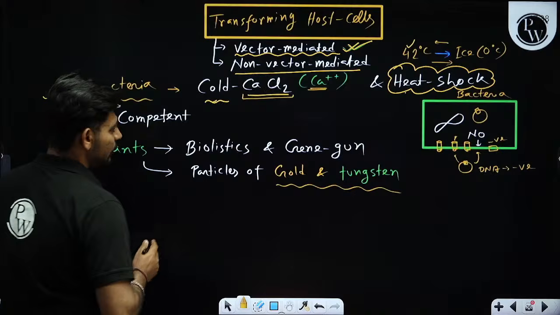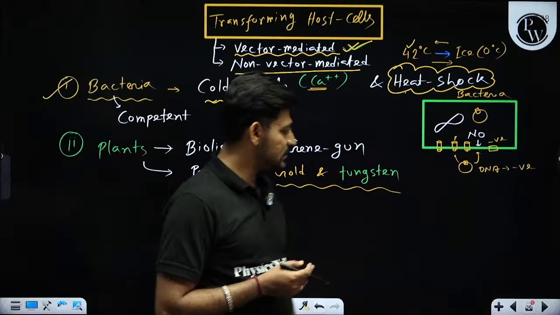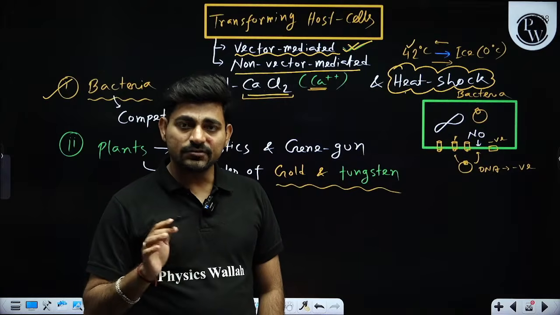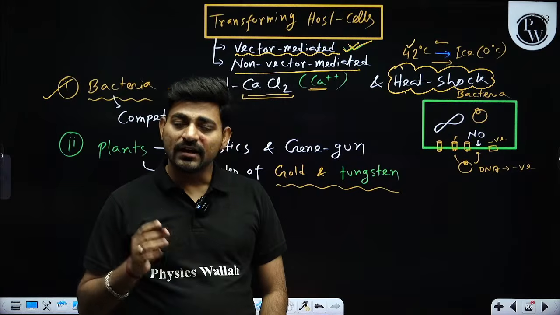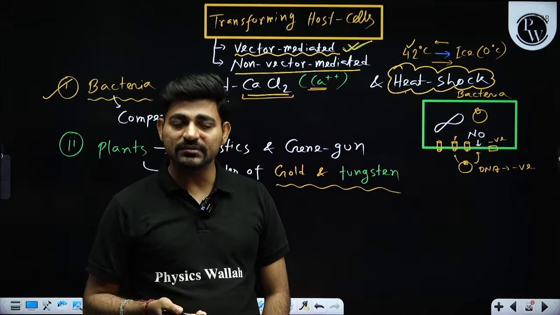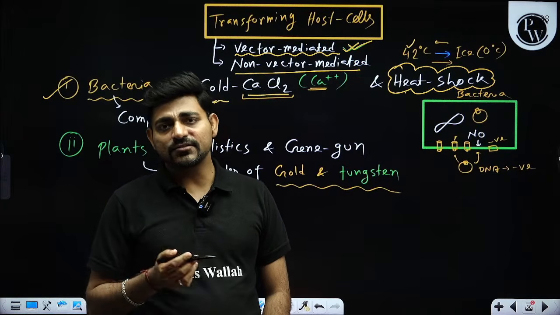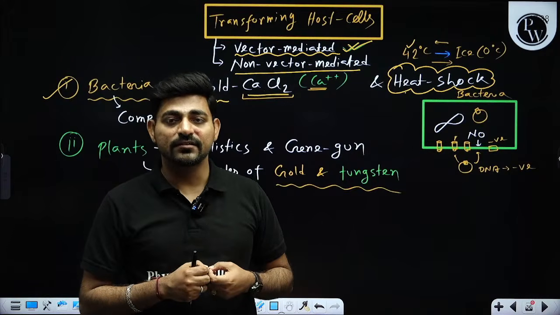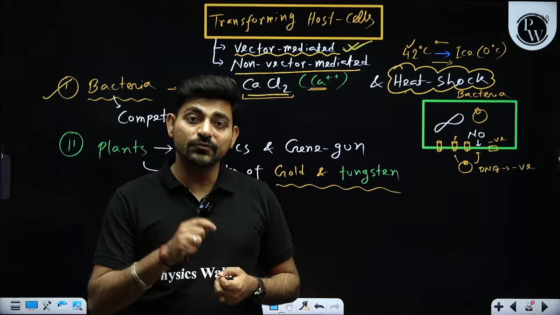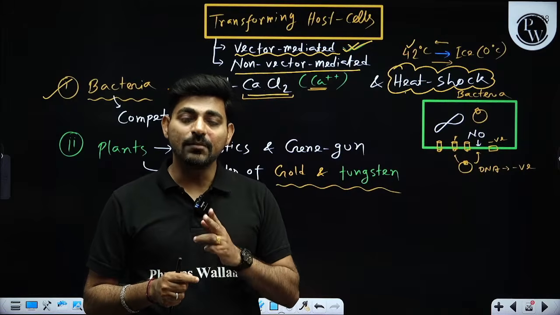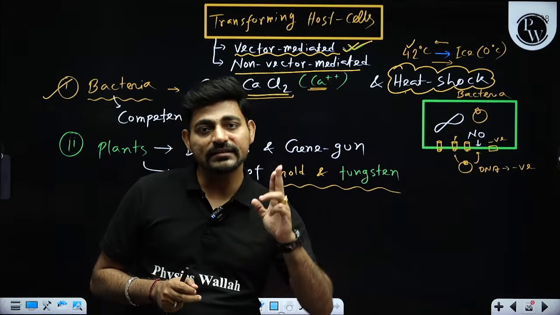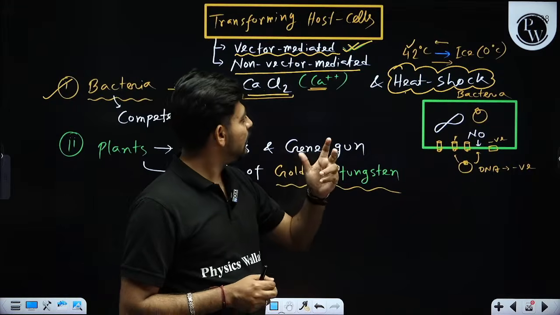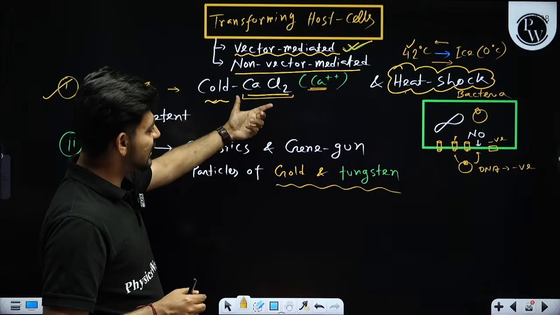But in normal conditions, the cell membrane is negatively charged and DNA is also negatively charged, so a cell is not very happy to take in the gene of interest or DNA. That's why you have to forcefully put the DNA inside the cell